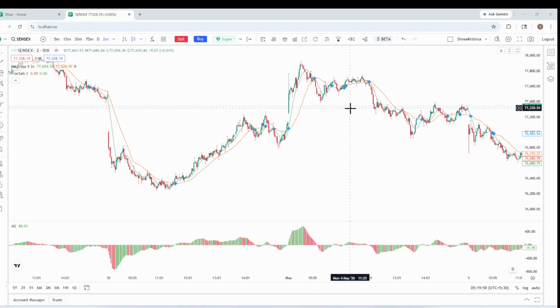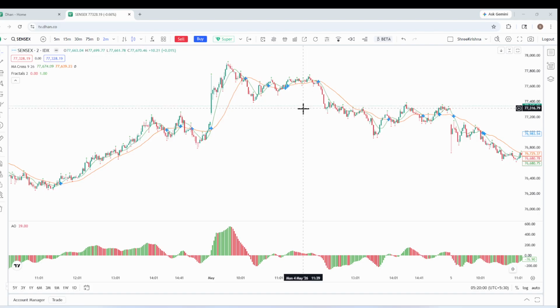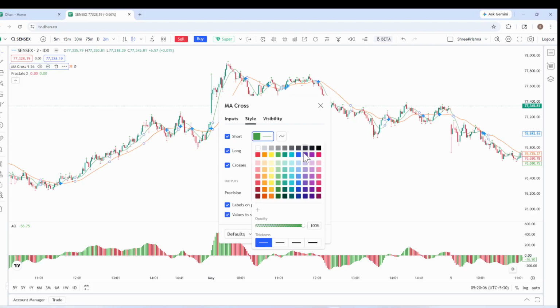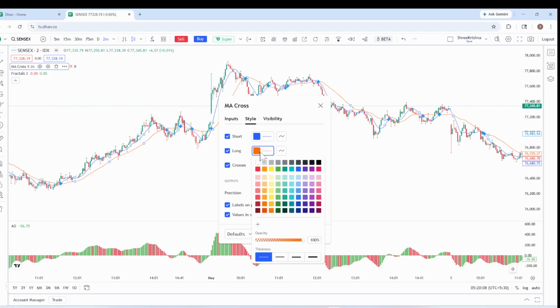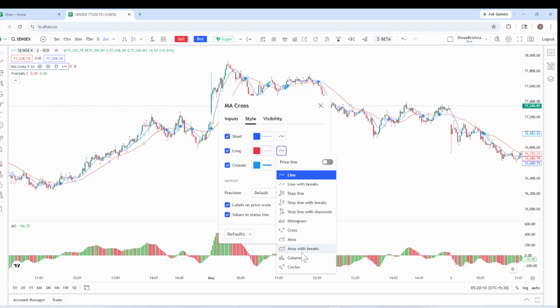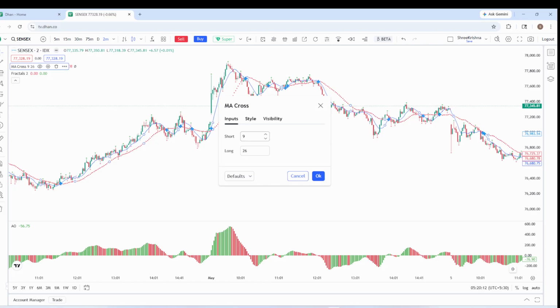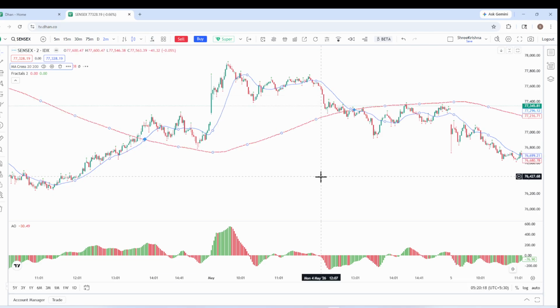So in order to get this properly, we need, let me change the color of this and let me change it to input and change the settings. I'm very sorry for that. Okay. Now,